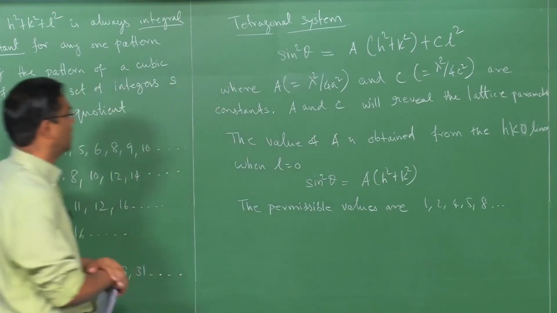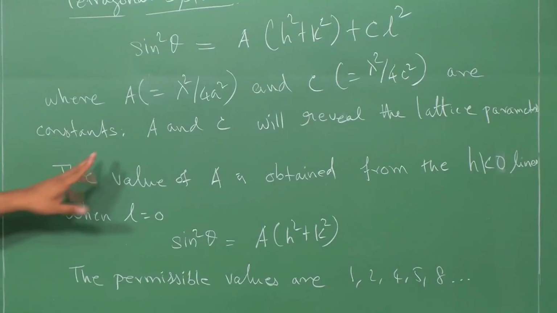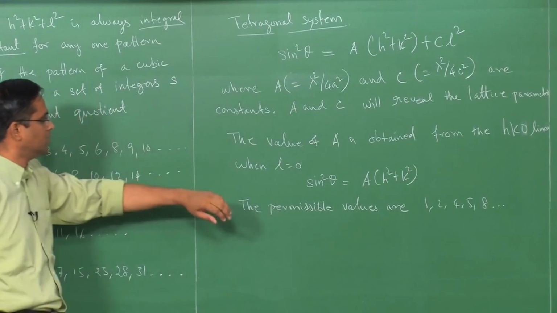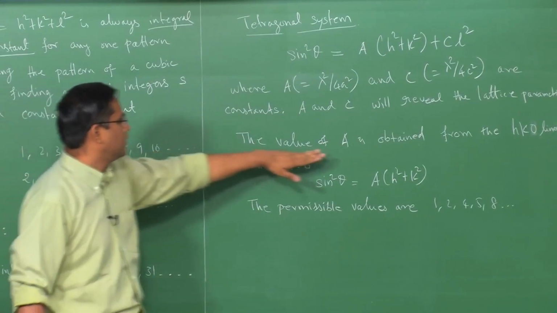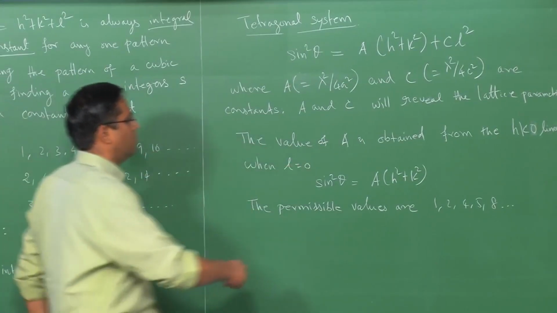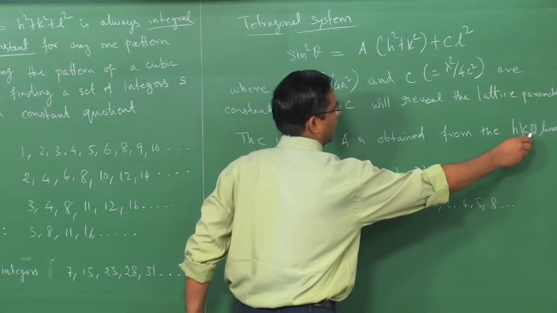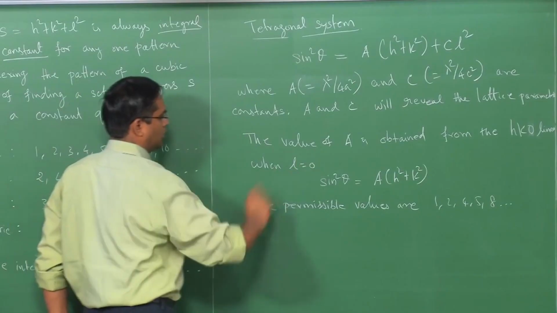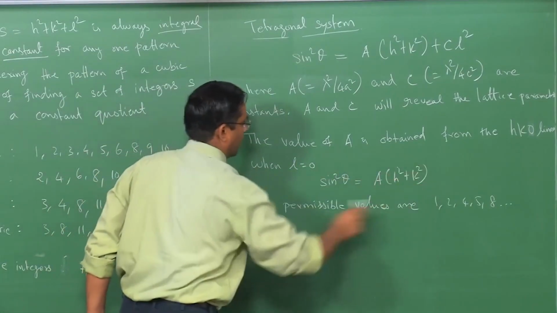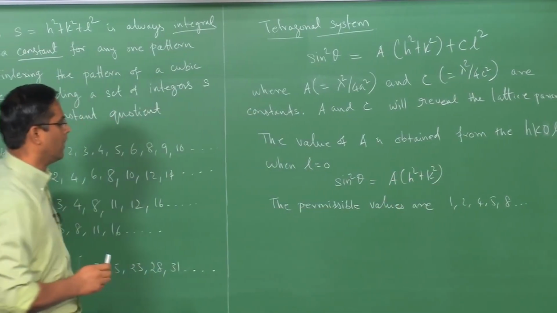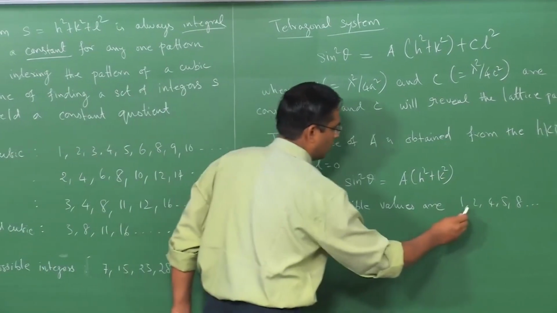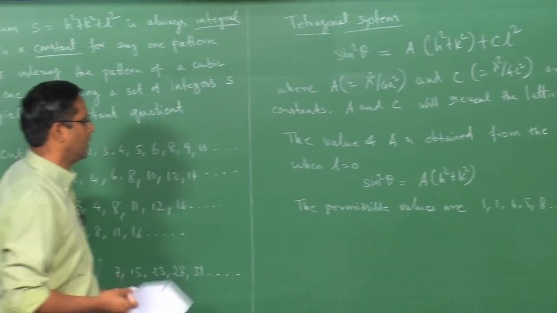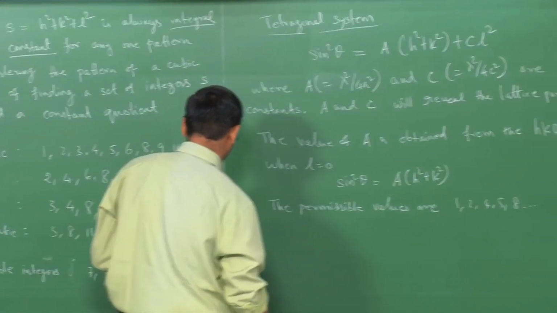So, what I have written here is, in order to find the constants A and C, which will give the lattice parameters, the value of A is obtained in this manner from the H, K, 0 lines. You put L equal to 0, then your sin squared theta should satisfy this condition, and then the permissible values are 1, 2, 4, 5, 8, that kind of a combination. So, now you write